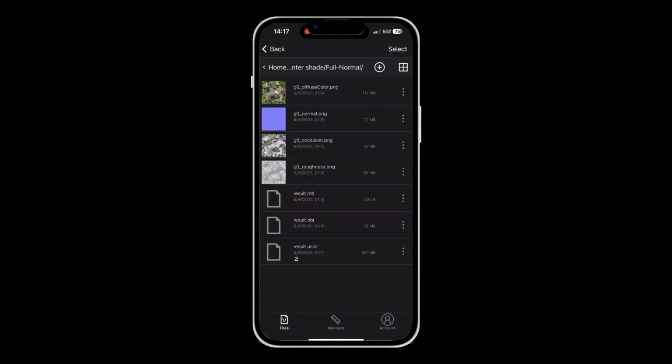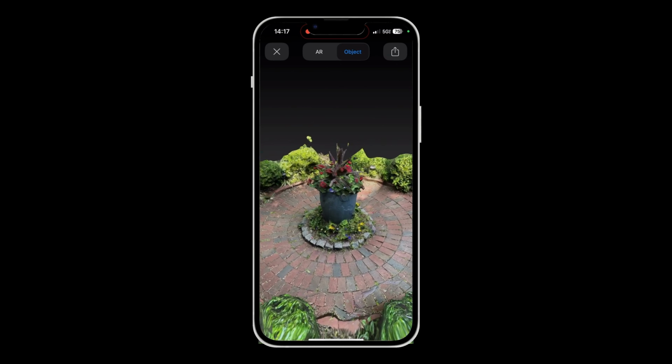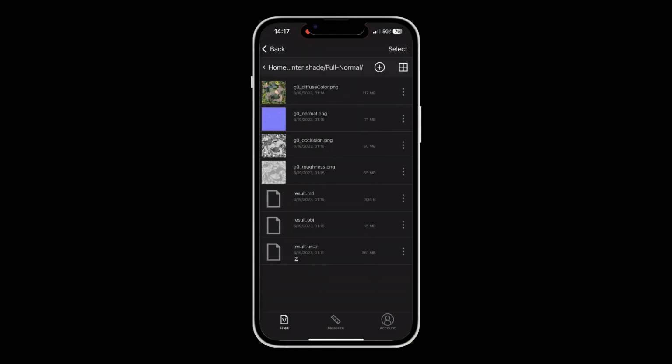Once complete, both a USDZ file and an OBJ file with material and texture files are created. The USDZ file can be used for previewing the model in 3D or in augmented reality on your iOS Nomad, or for other purposes and other applications that support this file format. The OBJ file can be imported into Vectorworks as a mesh, and that's what I'm going to recommend that you